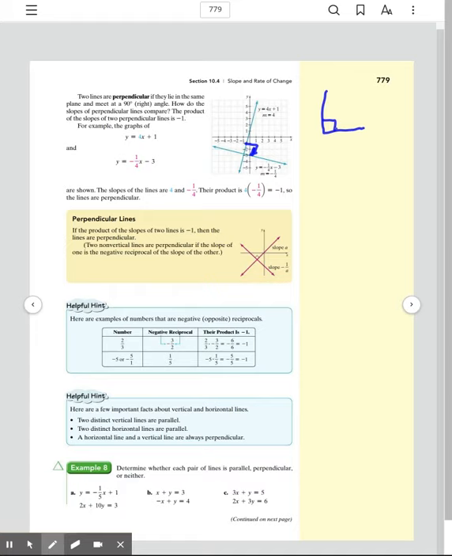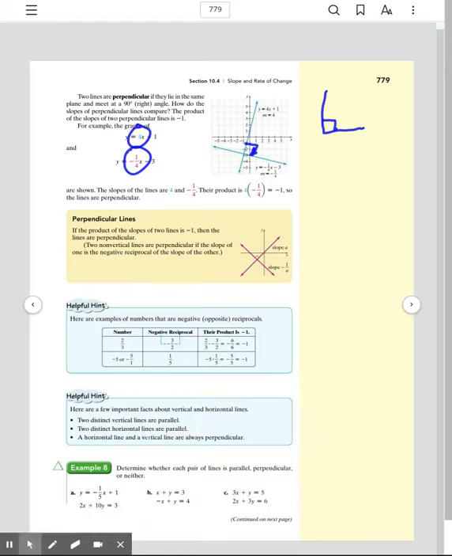Perpendicular lines, we can see that they're perpendicular by analyzing the slopes of the two lines. If I look at the slope here, 4, and the slope there, negative 1 over 4, that tells us that they're perpendicular lines. Essentially, if they have negative reciprocals, that means that they're perpendicular. So for instance, if I look at 4 right there, and this one's negative 1/4,